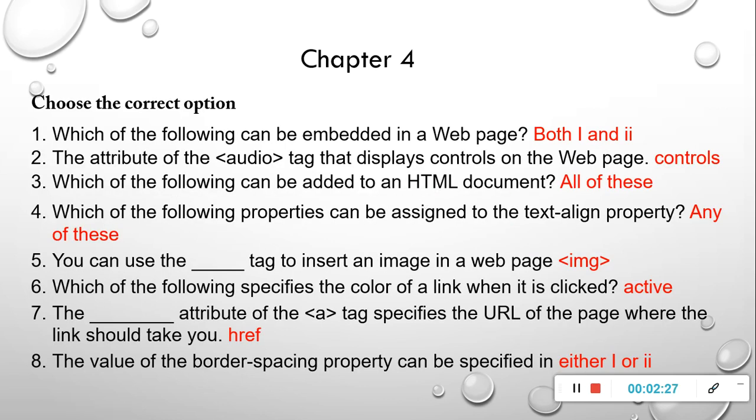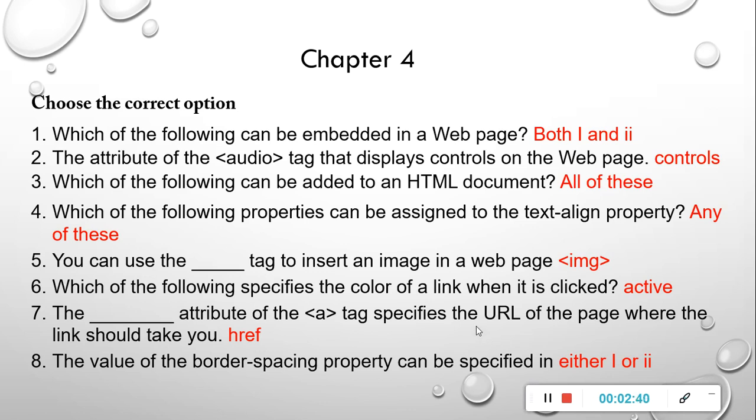Next is chapter 4, choose the correct option. The answers are given here directly, but in your question paper I will give you four options and you have to select only one option from them.